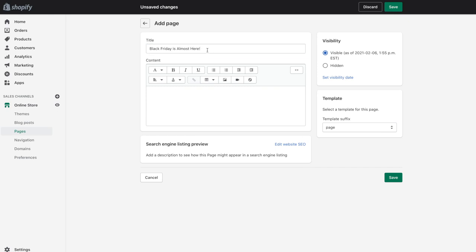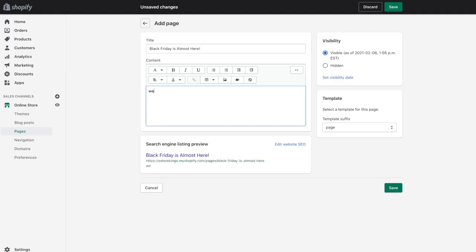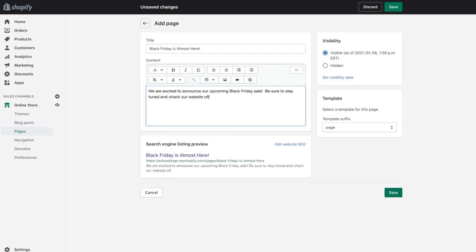So once you've written your title here, you can go ahead into the content box, and this is where you will be adding things like text, links, images, and so on. So now that I've added this very little bit of text, I'll show you how to update and customize some